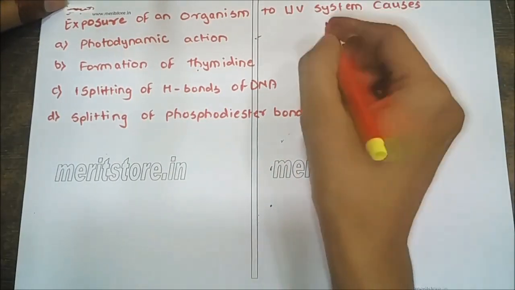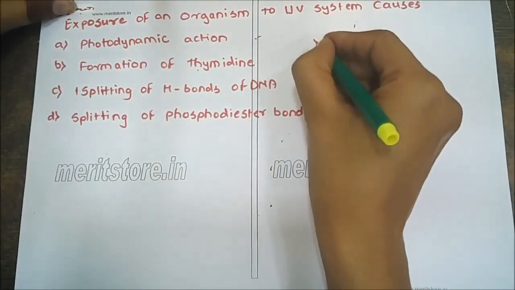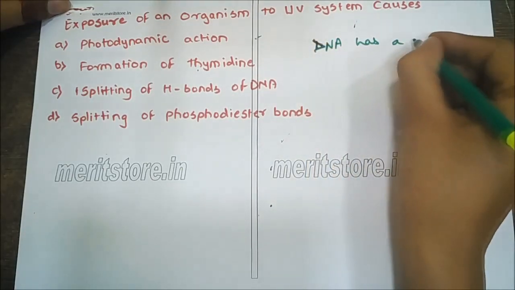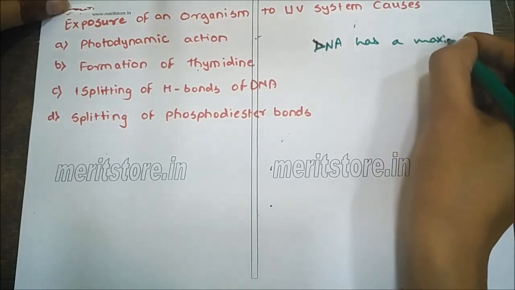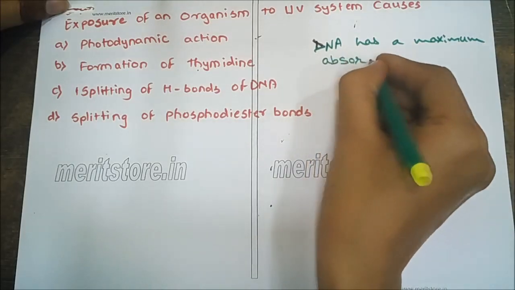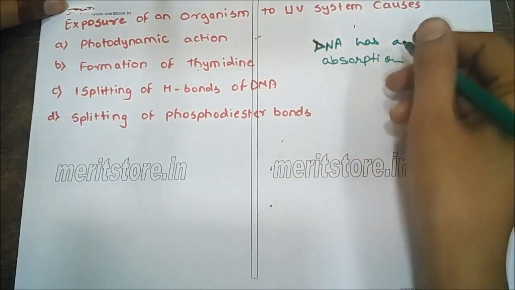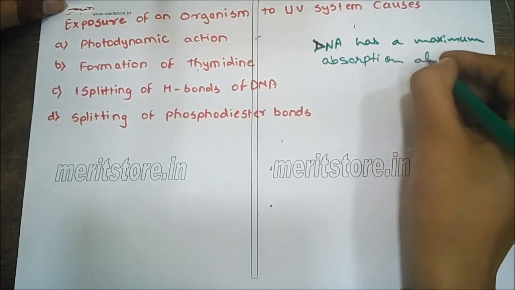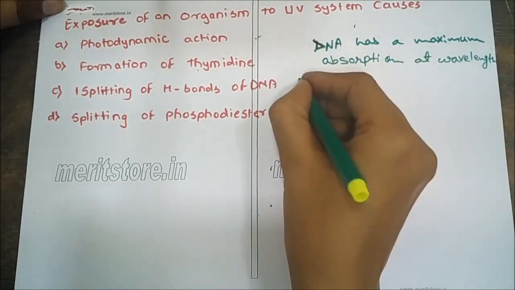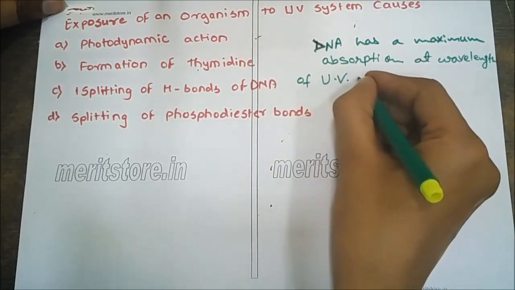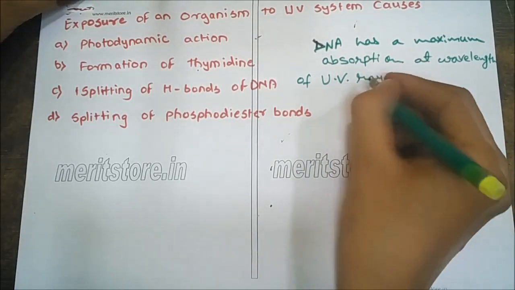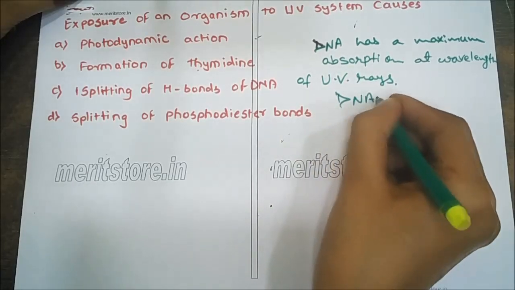DNA has maximum absorption power at a wavelength of UV rays, and when DNA is exposed to this light,